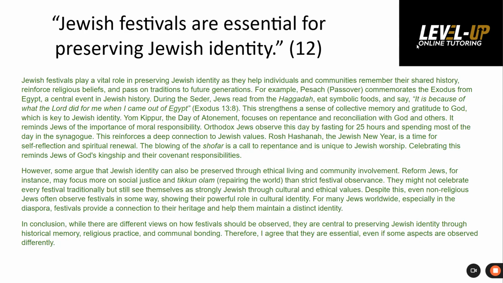As you can see, the first paragraph is significantly longer than the second. Now, I have used some evaluative language, so I might even suggest this might get just about into the 10 marks, but it certainly needs a lot more. A really simple way of doing so is at the end of each paragraph, just saying this is a strong argument because, this is a weak argument because. By doing so, you are clearly showing the exam marker that you are using that evaluation, and that is what is going to get you into that top band.